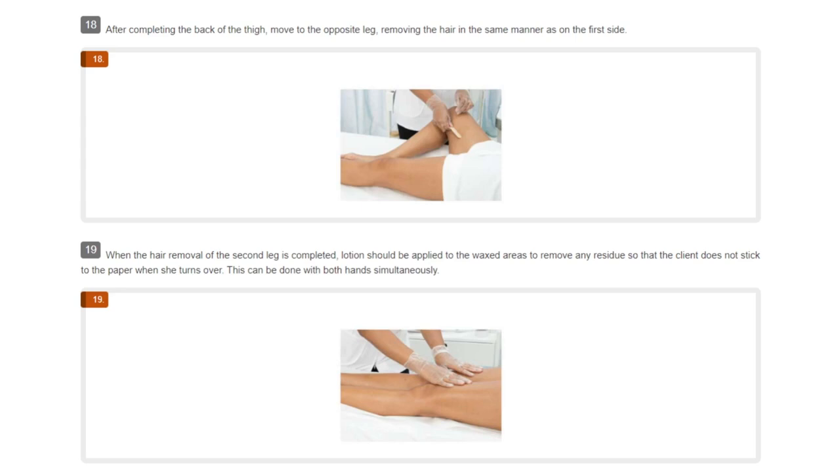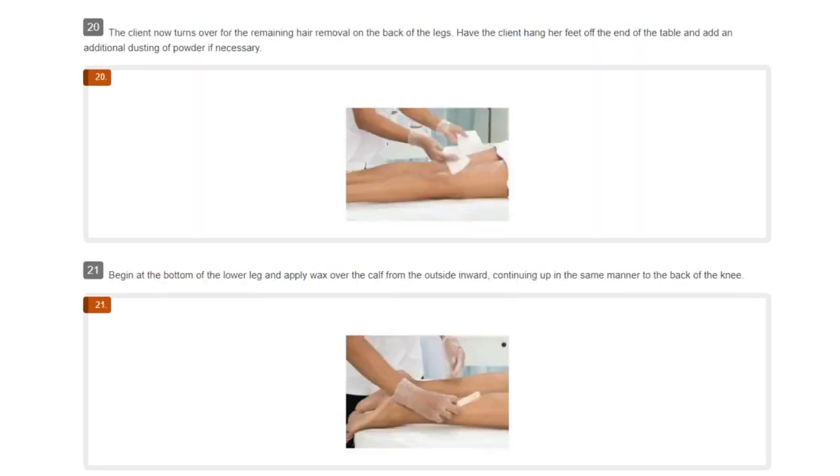19. When the hair removal of the second leg is completed, lotion should be applied to the waxed areas to remove any residue so that the client does not stick to the paper when she turns over. This can be done with both hands simultaneously. 20. The client now turns over for the remaining hair removal on the back of the legs. Have the client hang her feet off the end of the table and add an additional dusting of powder if